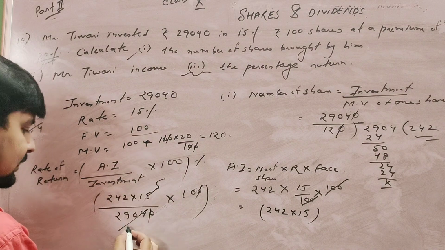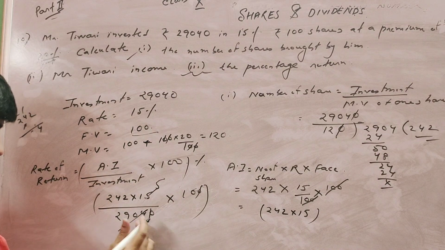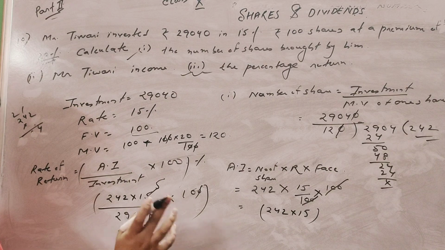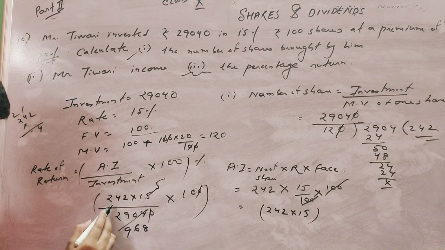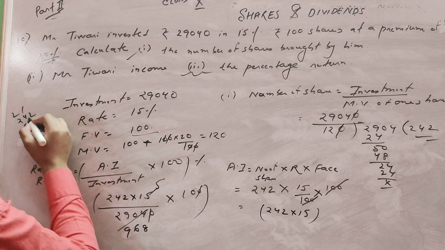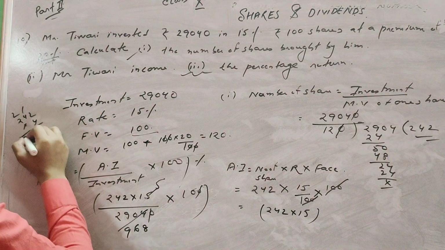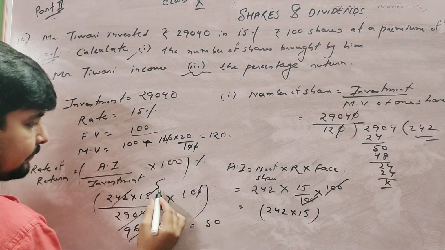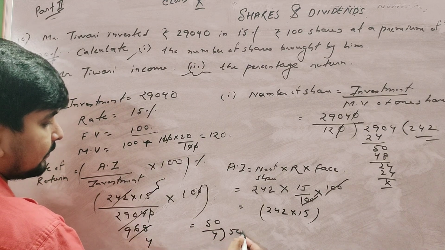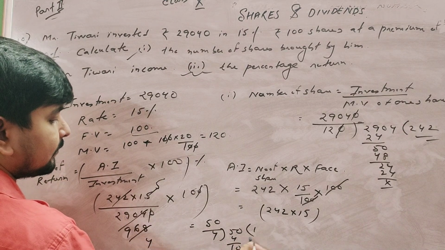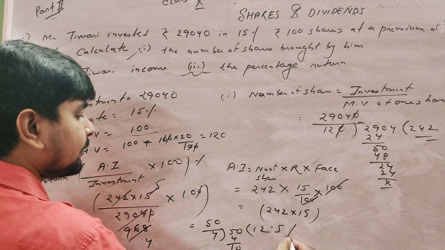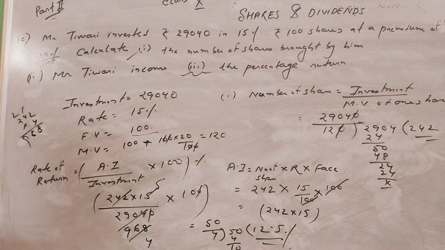Three fives are... 3 8s are... 3 9s are 27, 2 3s are 6, 3 8s are 24, 4 8s are 32. Okay, this is 4 times. So 55 into 10, 50 into 4. That is 12.5. So your rate percent is 12.5.